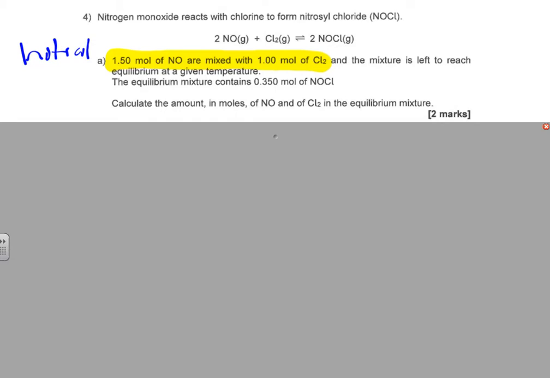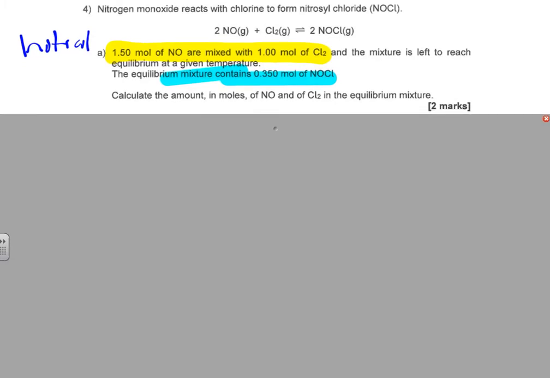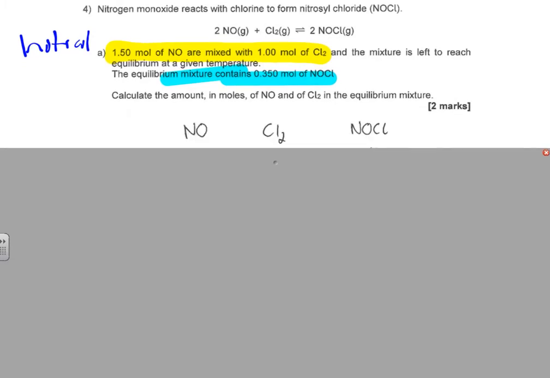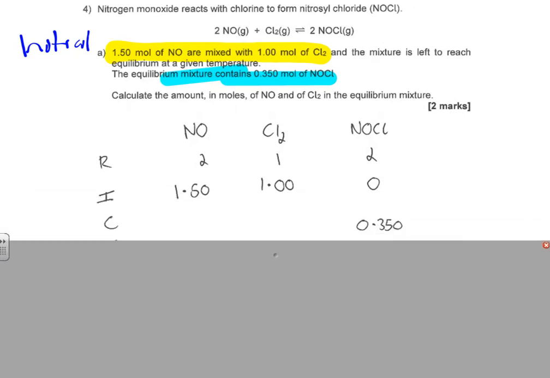Then I leave it. And of course, when I get to equilibrium, and you can see it here, the equilibrium mixture contains 0.35 moles of NOCl. So now I've got a kind of an after that initial scenario. Now I'm at equilibrium, I've got 2 conditions. This is going to be one of those classic RICE questions. So I've begun to set up a table that you would have seen in the notes, and you can see I've begun to take the information out here